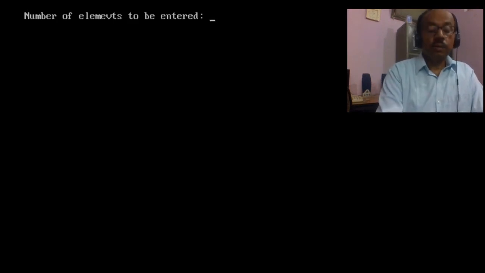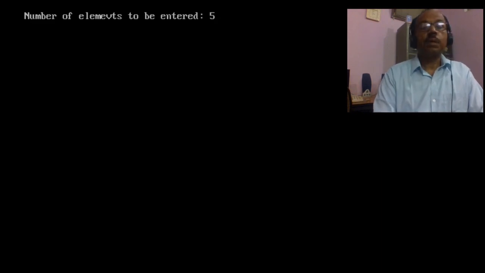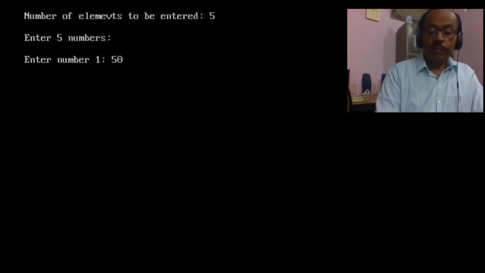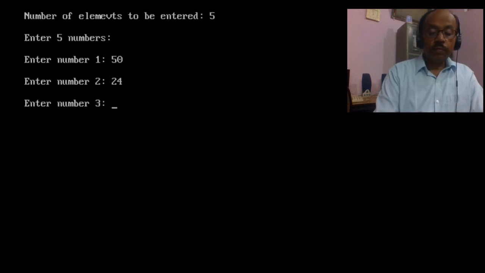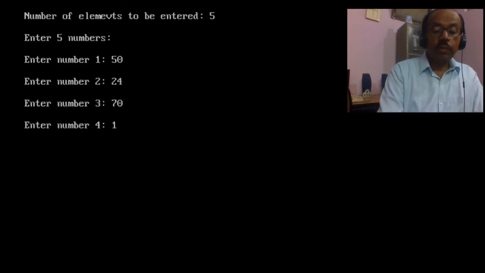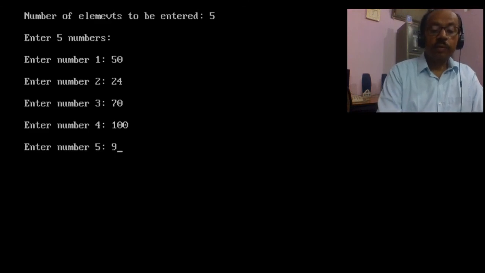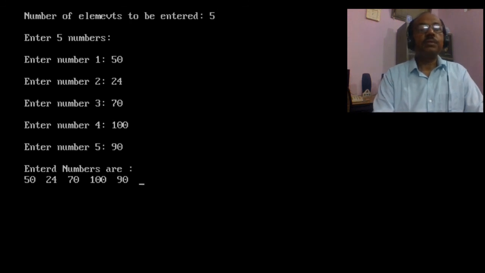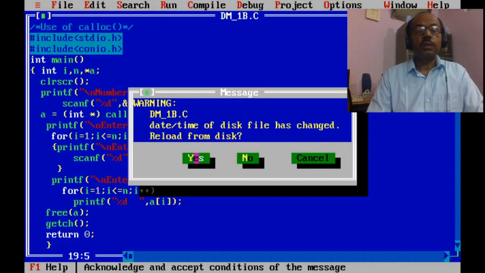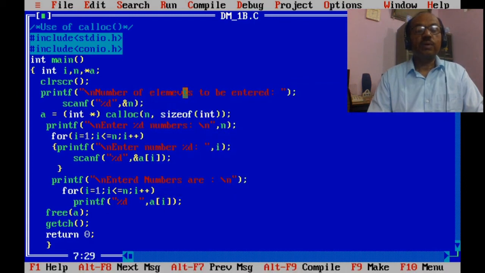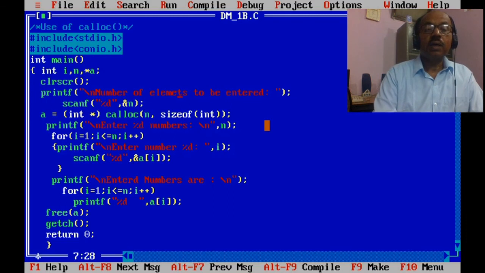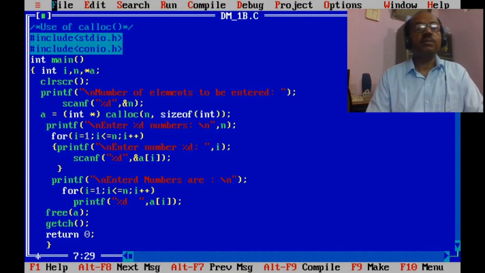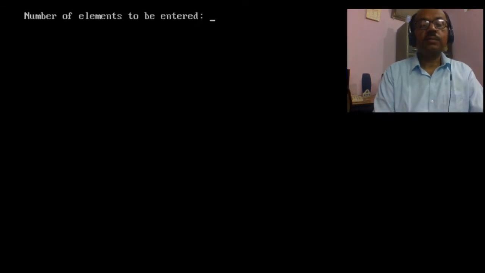Let's take 5. Enter 5 numbers. Enter number 1, maybe 50, maybe 24, maybe 70, maybe 100, maybe 90. So all these 5 numbers are as they are here. So there is one mistake. It is not a bug, rather it is the array index for the elements. So save, Control F9.